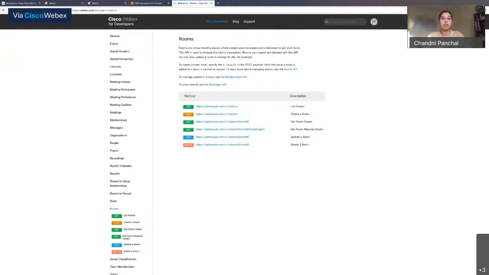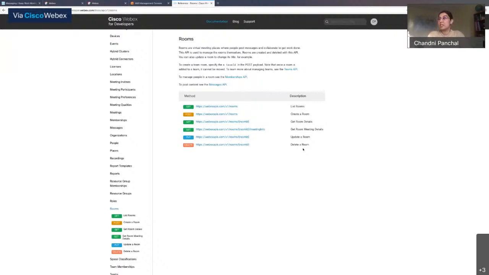So all of these actions I can do either manually on Webex Teams by clicking, for example, that plus button to create a room like we just did, or I can do it programmatically using something like Python that will run a Python script and then programmatically do these changes for me. The third way you can do this is actually directly from developer.webex.com. And this is a great place to get started if you're new with working with